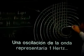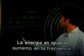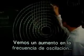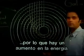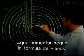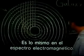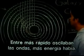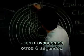One oscillation of a wave would represent 1 hertz, or 1 hertz in the formula of Max Planck. Energy is equal to the frequency of the oscillation of a wave. So we're seeing an increase in the oscillations of waves. Therefore, we should see an increase in energy, because as a wave oscillates more times per second, energy increases according to Planck's formula. We saw the same thing happening in the electromagnetic spectrum. The faster waves oscillated per second, the more energy they produced. We're going to learn how that energy is produced in a moment, but let's go another 6 counts on the